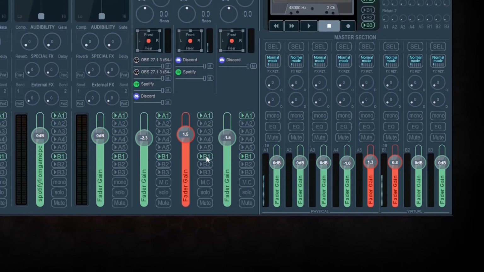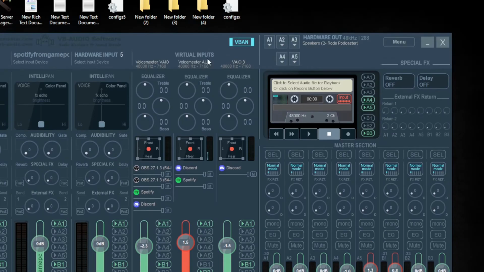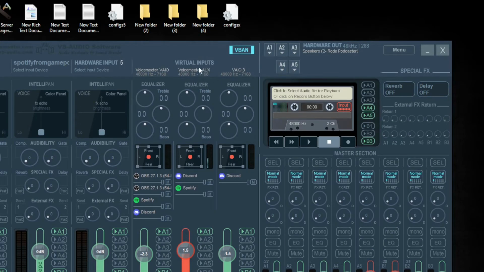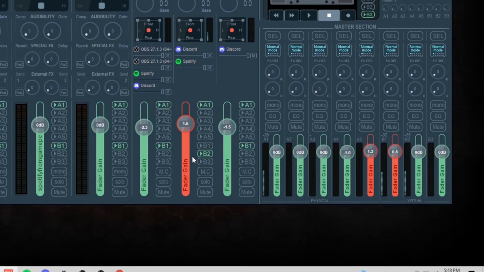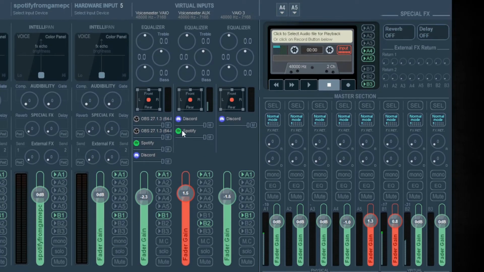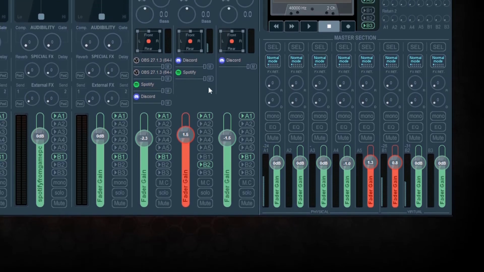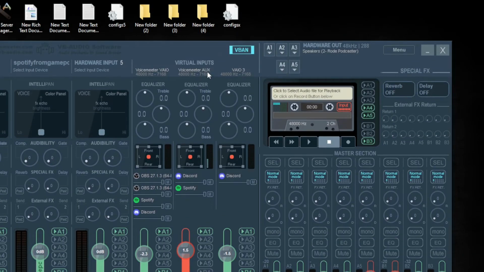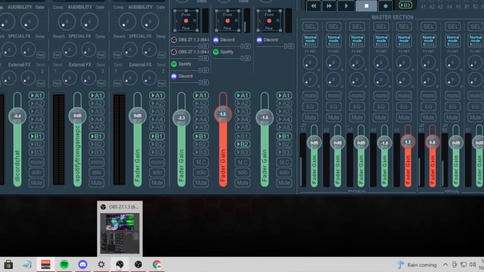And then down here, I'm going to route it to the B2. B2 is this auxiliary channel. Okay. B1 is this main VIO channel. Auxiliary channel is B2. And now Spotify is being routed to our Voicemeeter auxiliary, and now we can manipulate this in OBS. So let's go into OBS